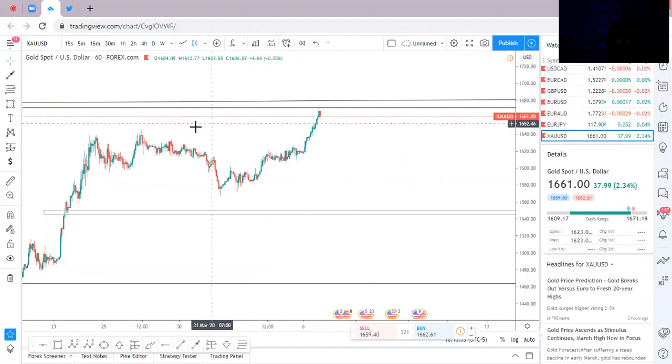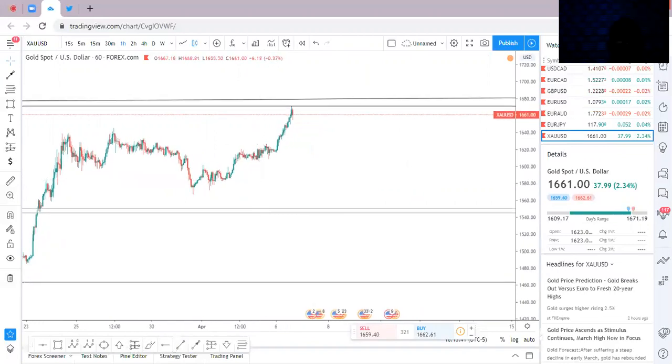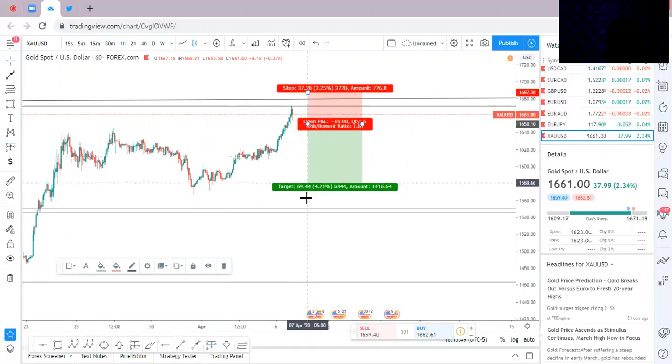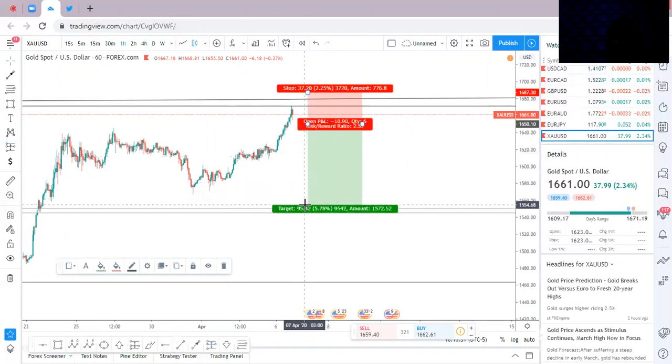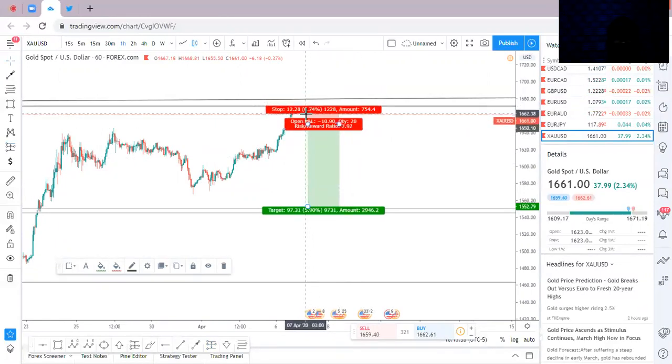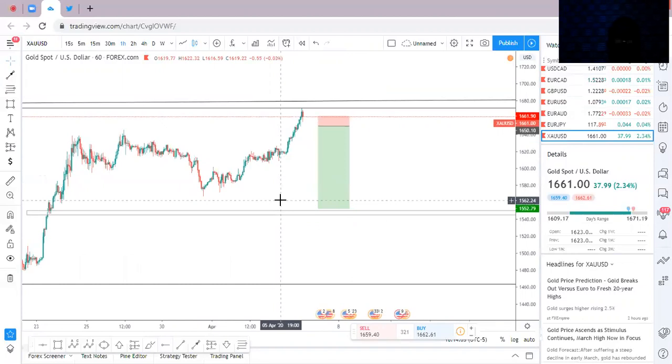So that's that. So basically now, gold is going for a sell. All you just have to do is, like I said, wait for a continuation pattern in the form of a flag. Once you get that and the flag gets broken, then you can enter the trade. So that's that on gold. Moving on to the next one,